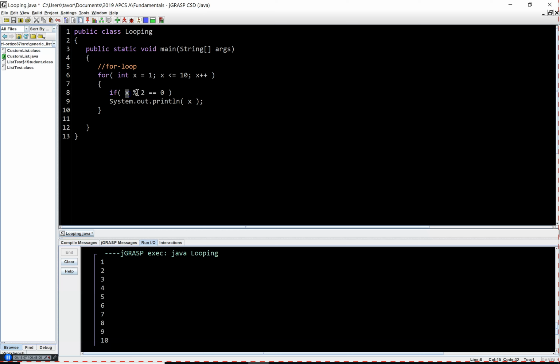And so when I divide x by 2, any value, I have 2 possible remainders, 0 or 1. If x is an even number, the remainder when I divide an even number by 2 is 0. If x is an odd number, the remainder when I divide an odd number by 2 is 1. And so I'm going to check to see if the remainder when I divide x by 2 is equal to 0. And that is only going to be true for even numbers. I want to print